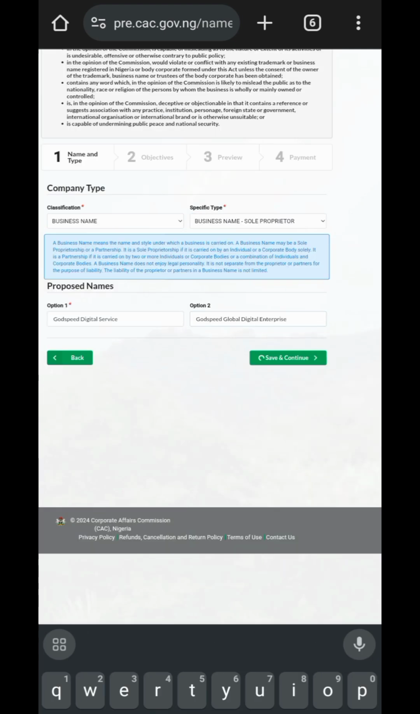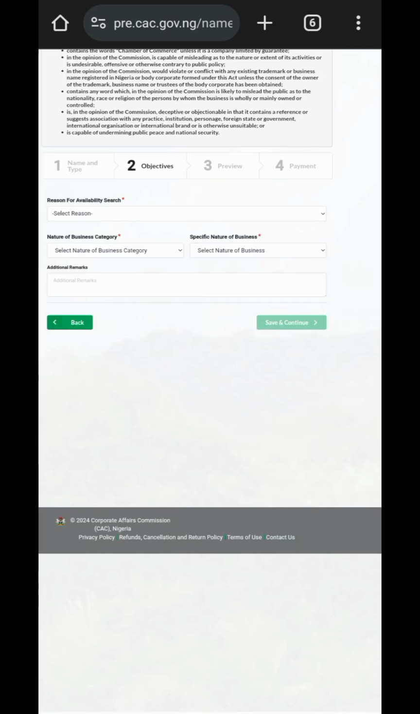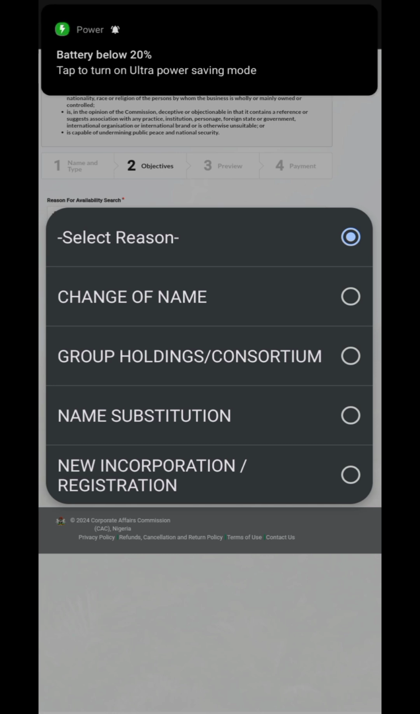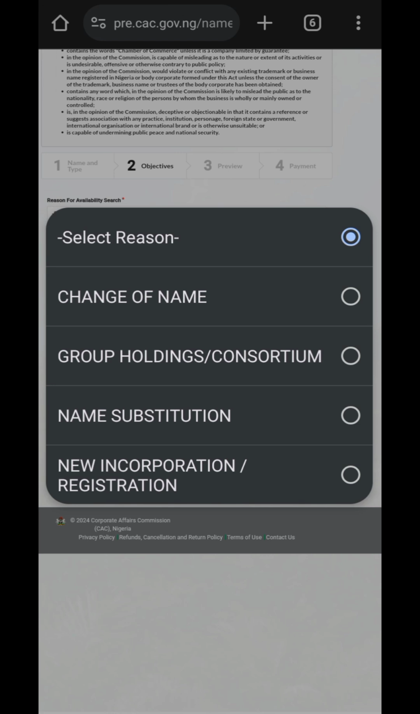So I'm going to click on save and continue, and then this is where the main deal comes up, you using the substitution method. Now you are being asked, what is the reason for you wanting to do this search? If you drop down the arrow, you either want to change the name of the company, or you are registering group holdings, or you want to do name substitution, or you are registering a new business entirely, which is the last one. But for the reason of this tutorial, we are going with the number 3, which is